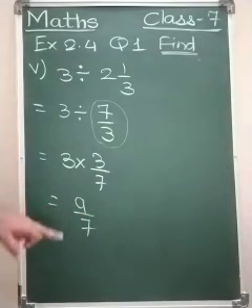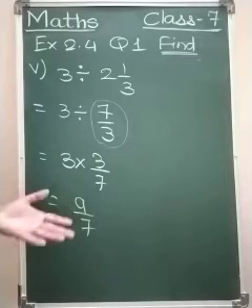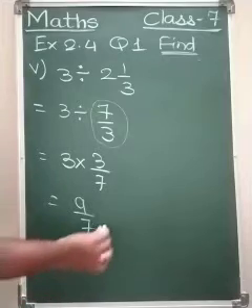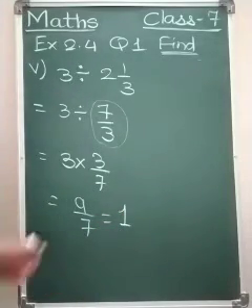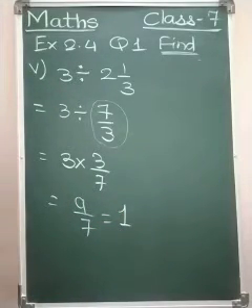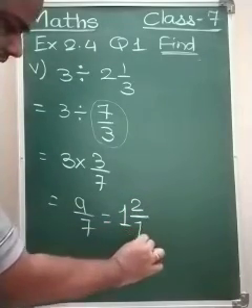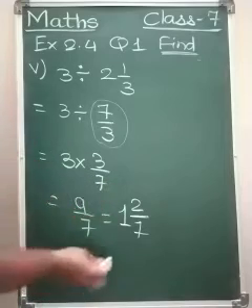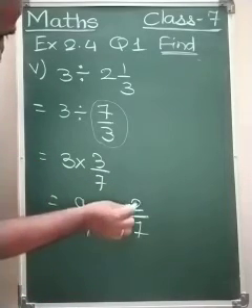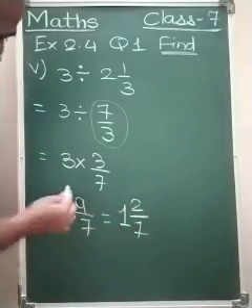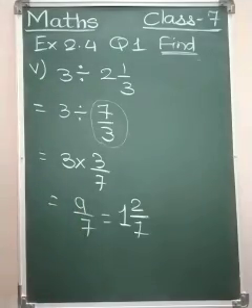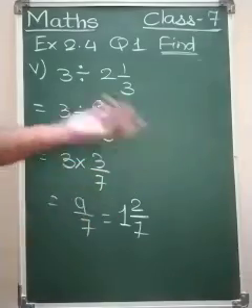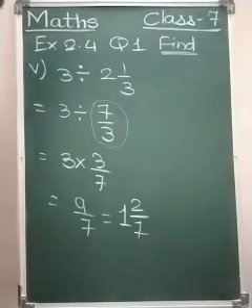Again an improper fraction, so directly orally we can convert this into a mixed number. 7 ones are 7, so the quotient will be 1. Out of 9, 7 is gone, so 2 is the remainder upon the divisor, that is 7. So 1 2 upon 7. Here also we can check: 7 ones are 7, 7 plus 2, 9, 9 upon 7. So our answer is this. If it is not possible for you to do orally, you can divide and see, and then write the answer.